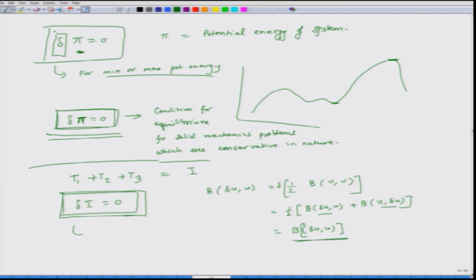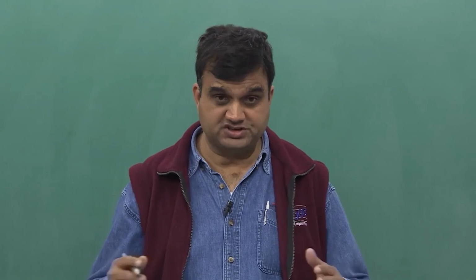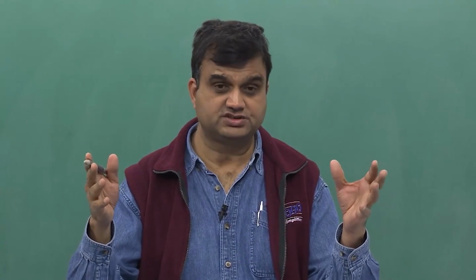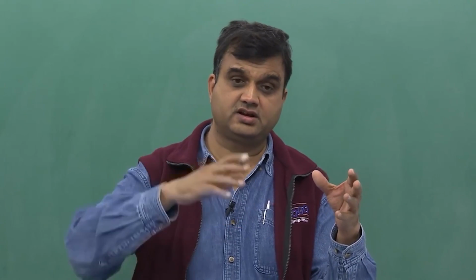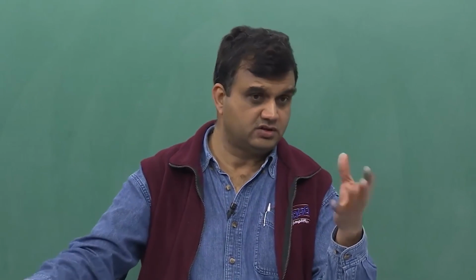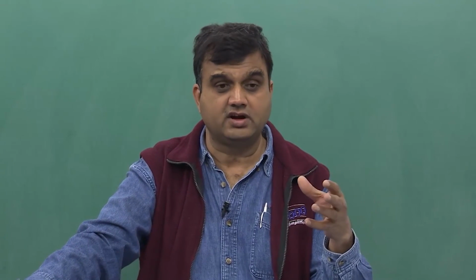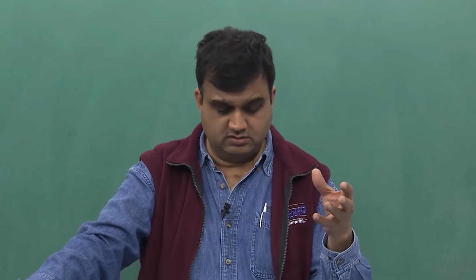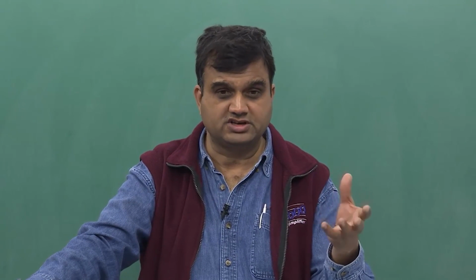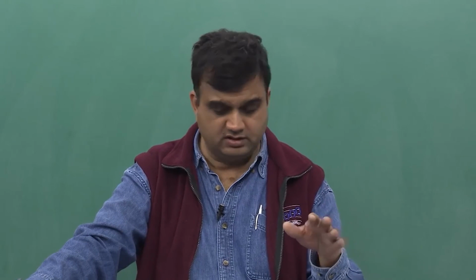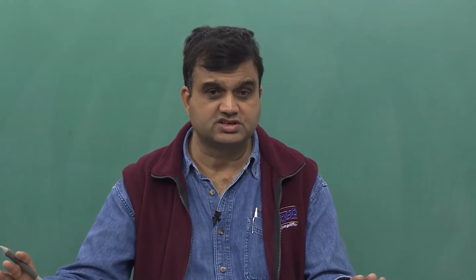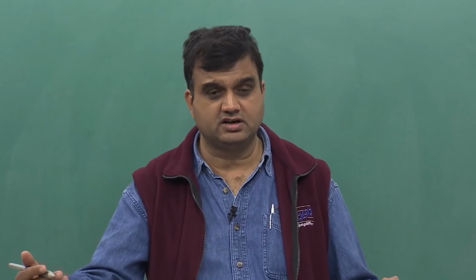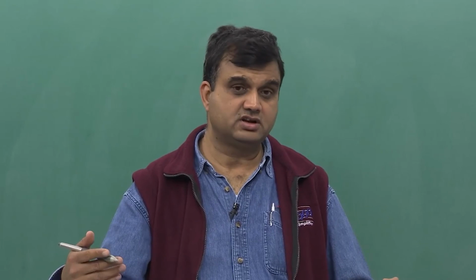Okay. And once again, I represents some quantity, and if its first variation is 0, then it means that I is either at its maxima or at its minima, that is at its extrema. And in context of solid mechanics conservative systems, I corresponds to the total potential energy of the system. Okay. So, this concludes the discussion for this particular class, and in the next class we will start discussing in detail about different variational formulations.